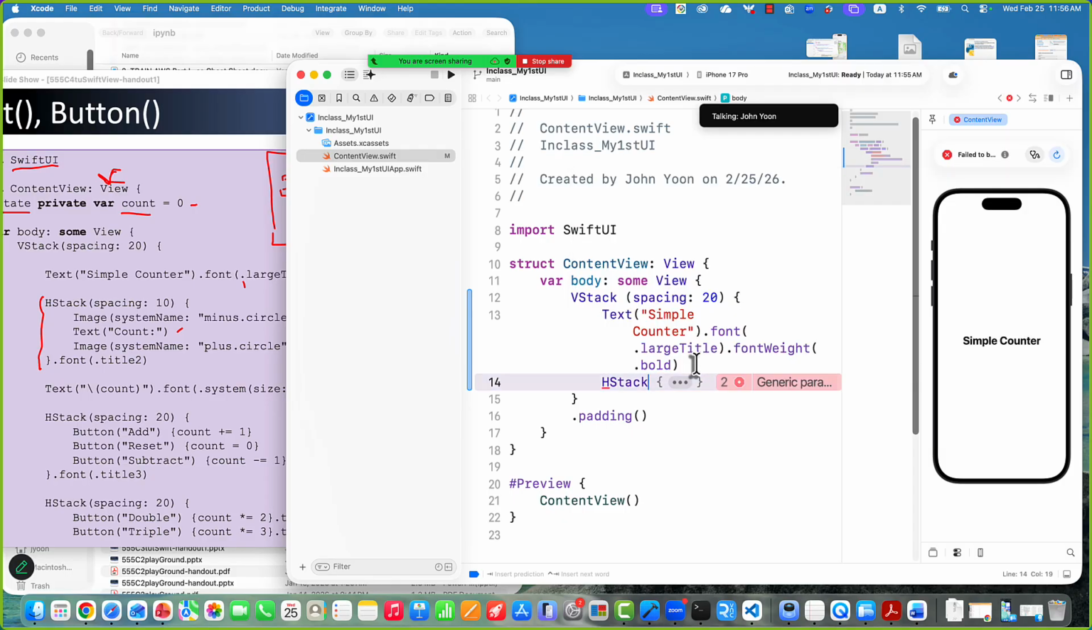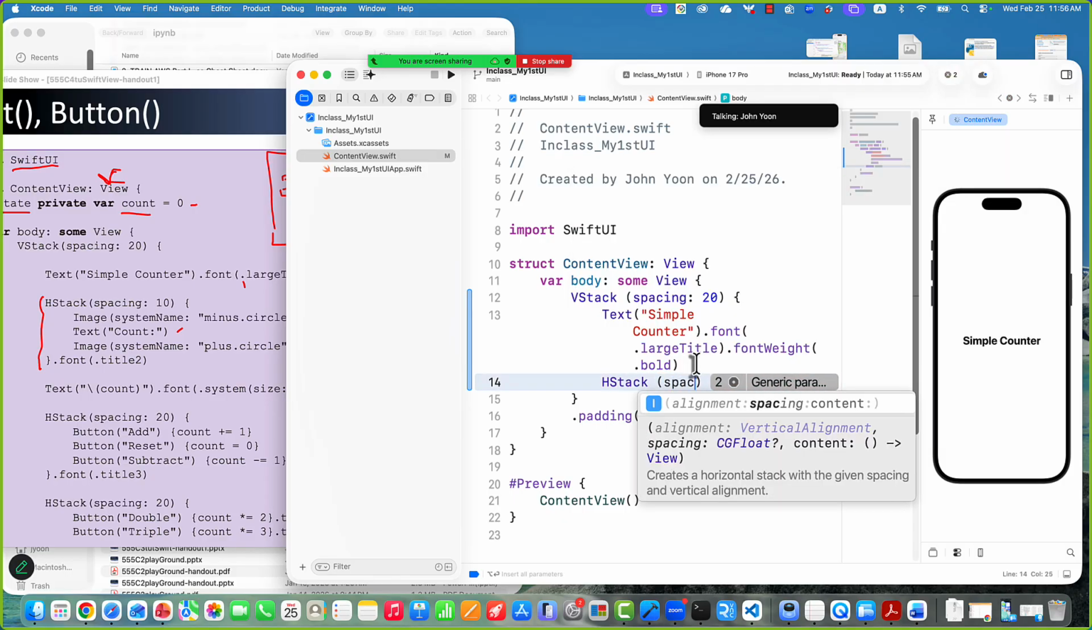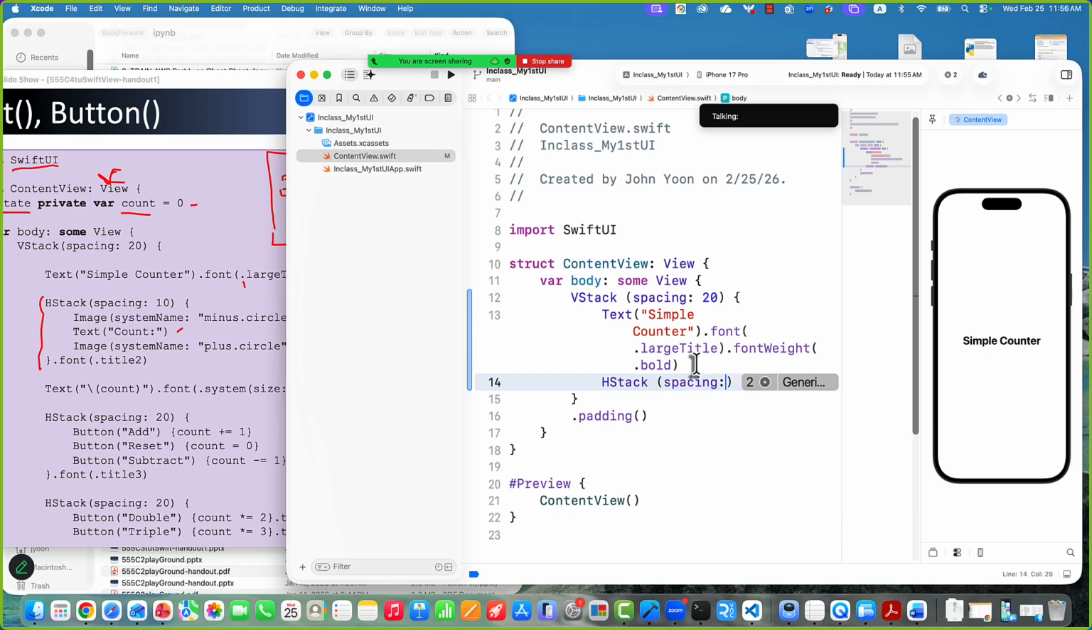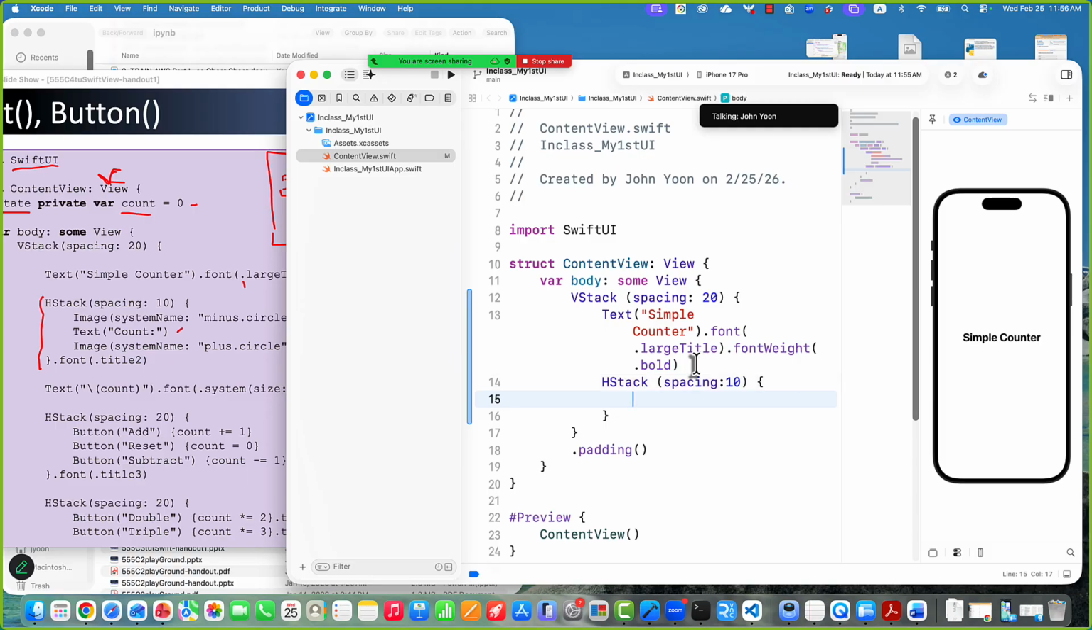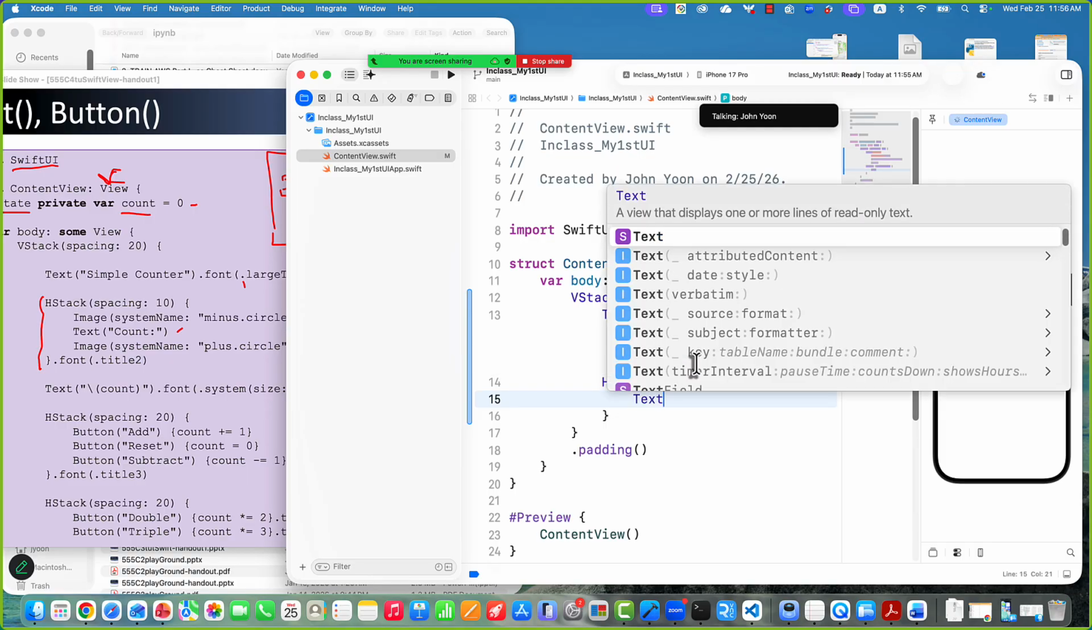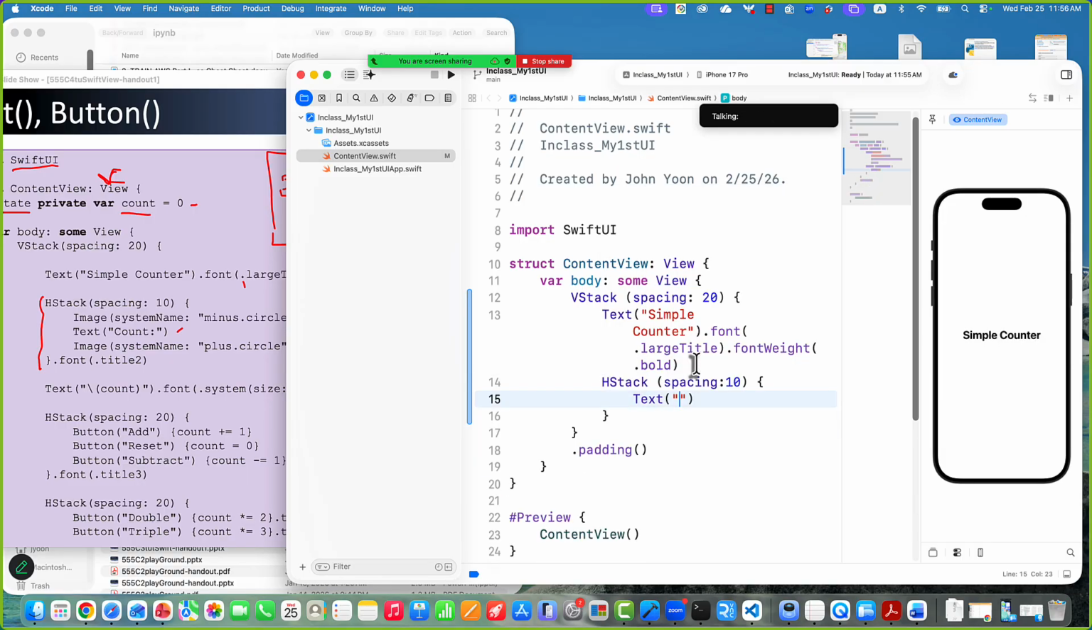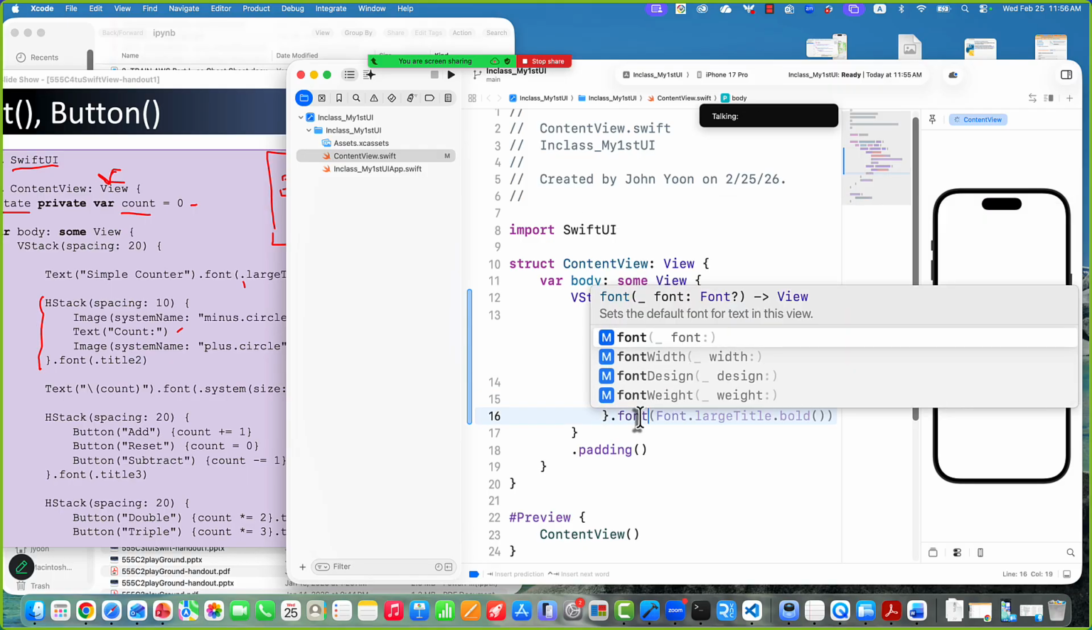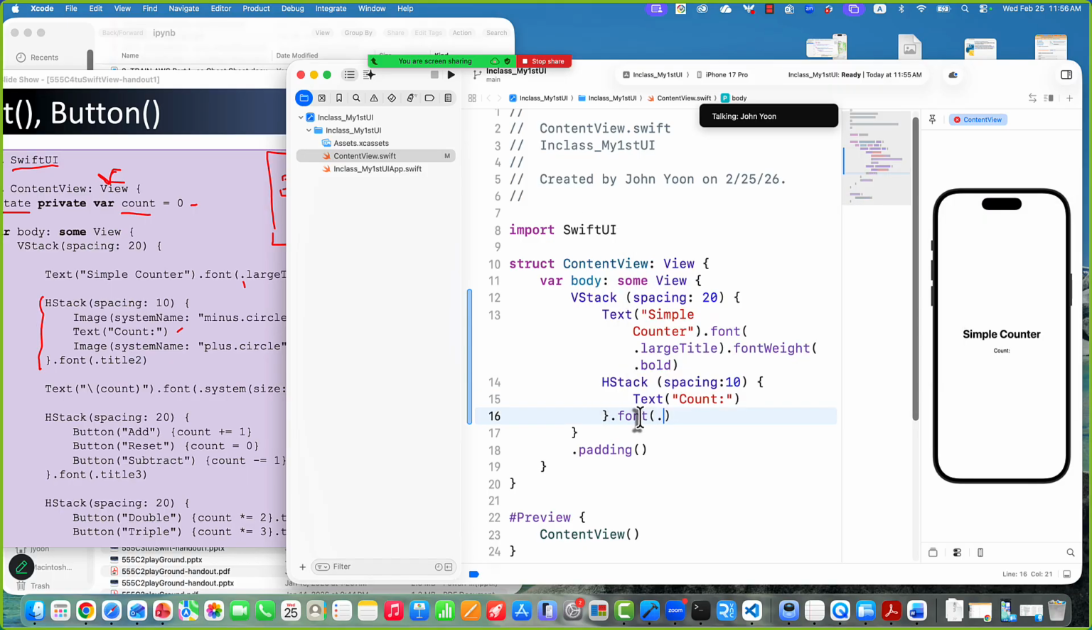and spacing, again 10, and then I'll put text count, then it appears count, right? But I want to make a font, say